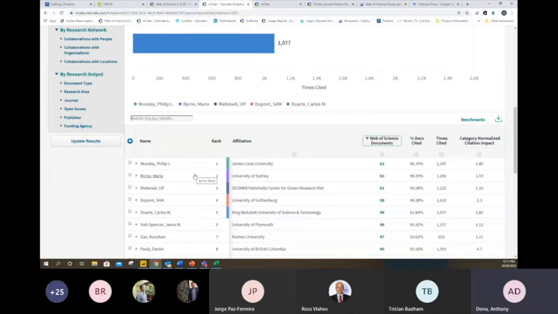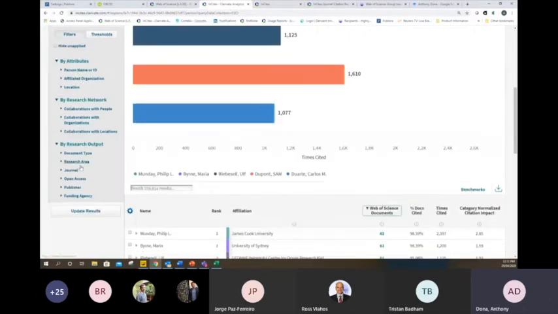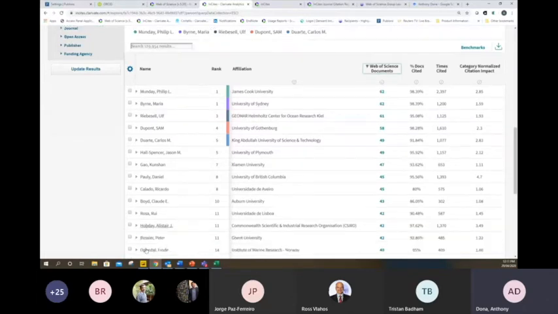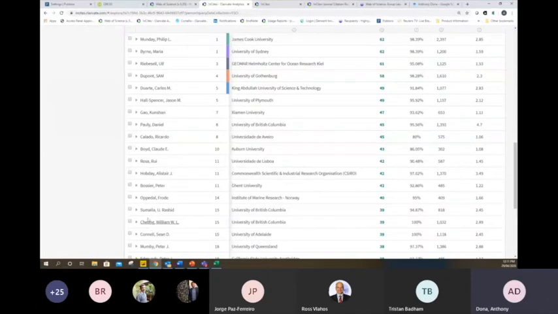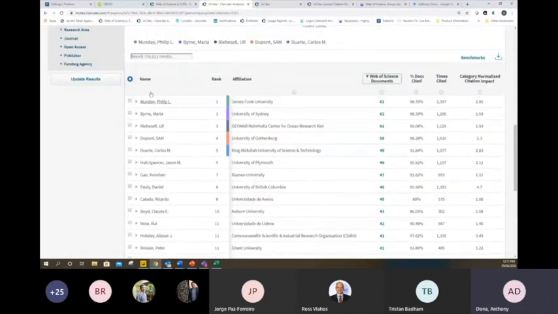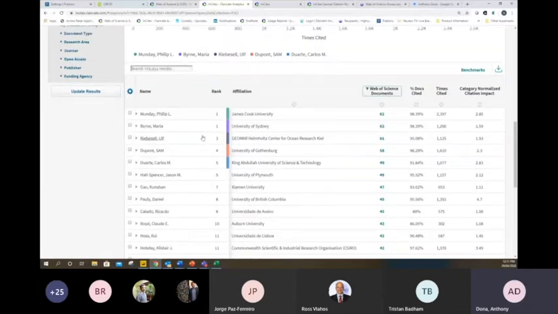and straight away, I haven't even thrown the Australian filter on yet, and the top people here are obviously based currently in Australia, and there's a number affiliating themselves to other organizations. Do be wary when you're in the People Explorer here. You might find that some names are duplicated, and that's simply because people may be affiliating themselves with multiple organizations, and they may even have the same document that they're affiliating to multiple organizations.